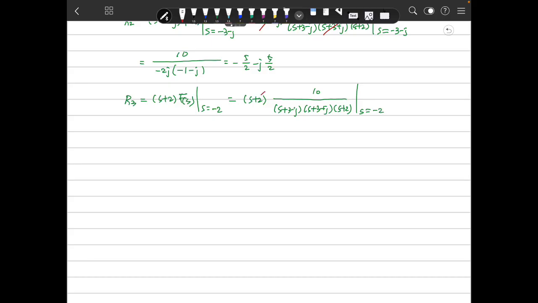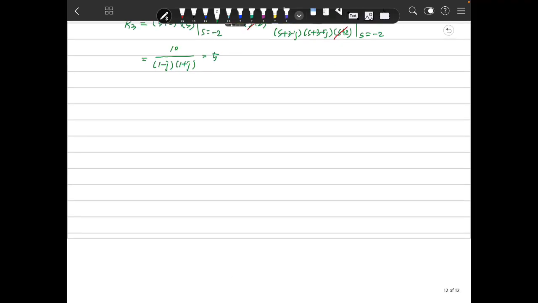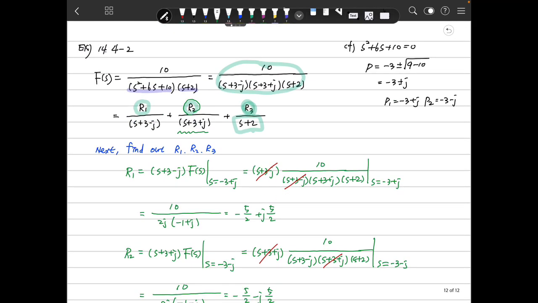So they eliminate each other. Then the result will be minus 1 minus j and 1 plus j and 10, and that will be 5. Okay, so finally we get